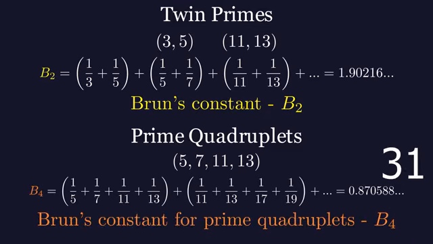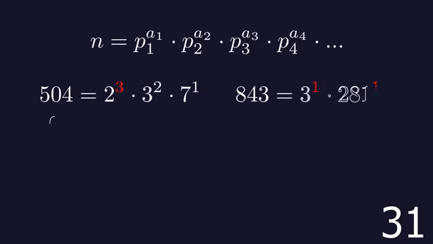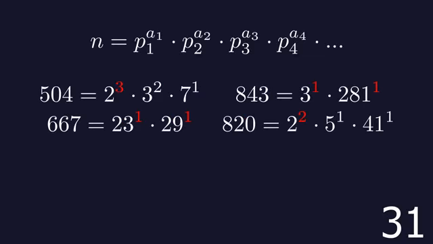prime quadruplets. Every natural number can be written as a product of primes raised to some powers. For example, 504 can be expressed as this product. In this case, the largest exponent is 3. On average, the largest exponent appearing in the prime factorization of any natural number is approximately 1.7 and is known